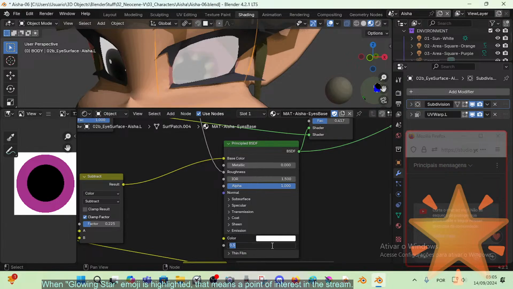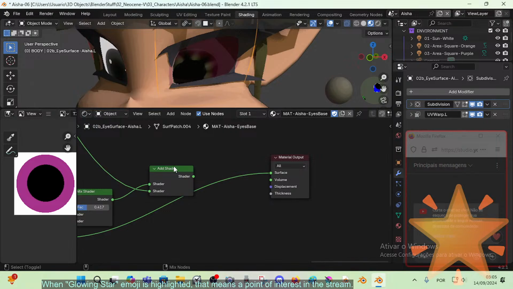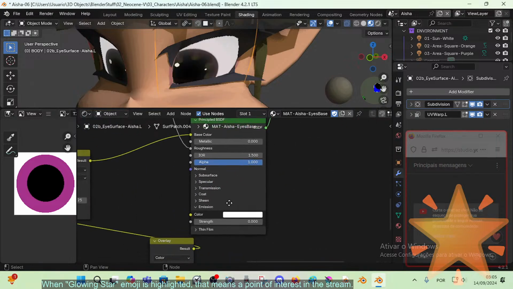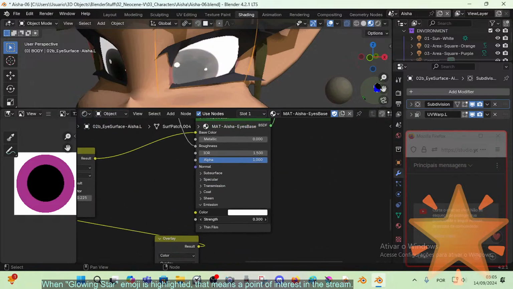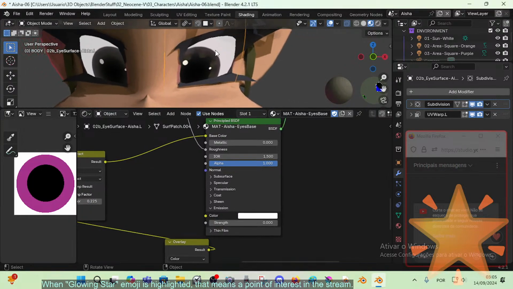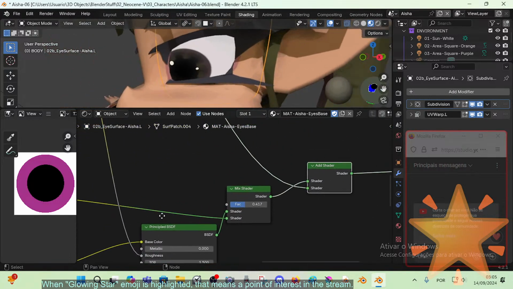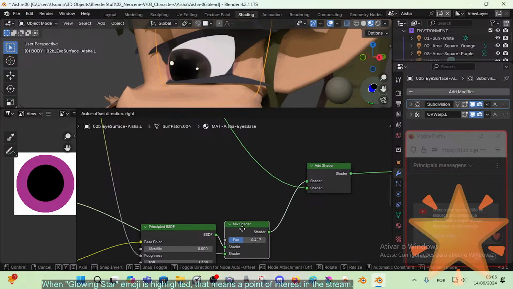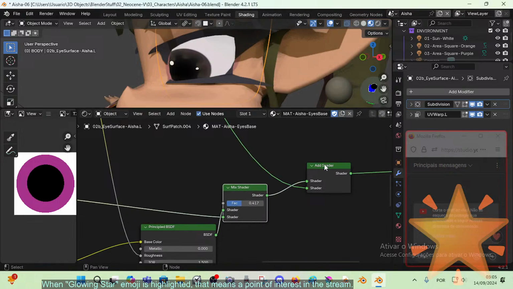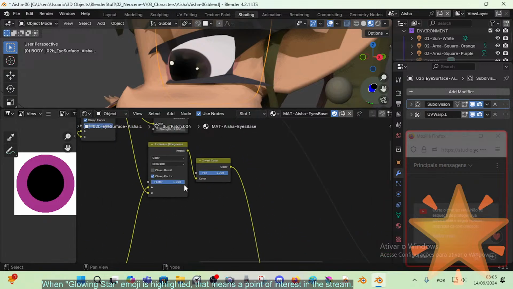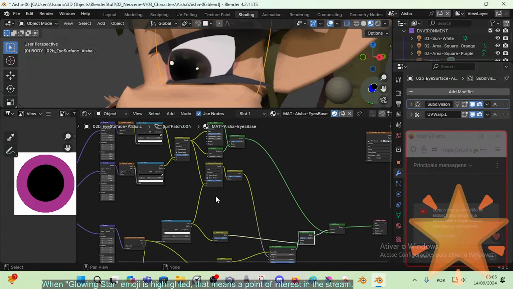Now it seems to be completely messed up. No, this is working. Okay, so yeah, so no emission. All right, so that means that here